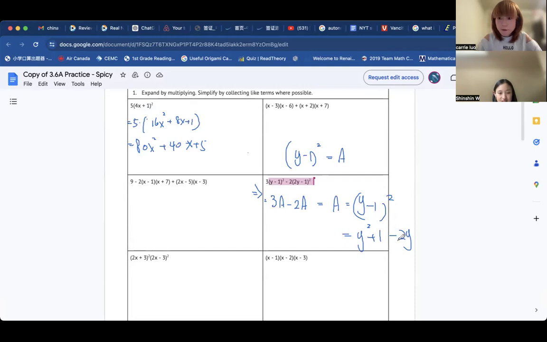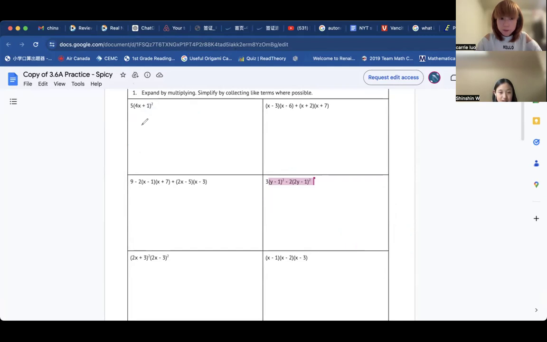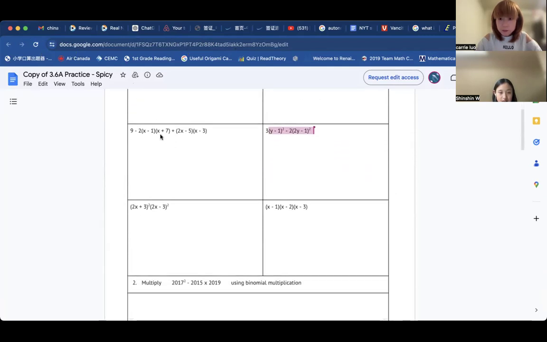Get it? Okay, so the thing is, when you see something very complicated, just